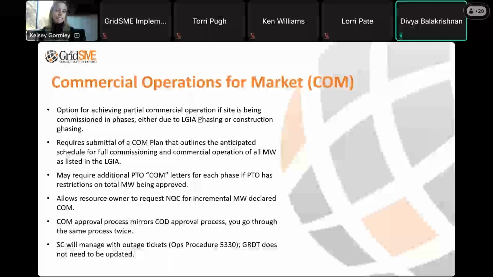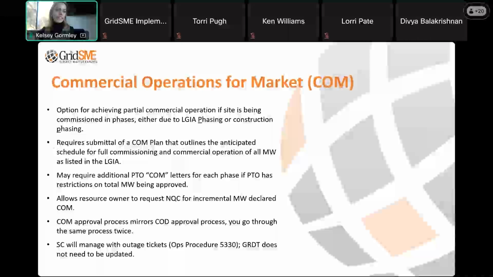And in your experience, does that happen as I imagine if the project is already in pre-planned phases, then the original schedule accounts for that. But are there ad hoc changes, is that what you mean when you say informal? Right. So it happens if those phases are not formally planned for and accounted for in your construction schedule, and it's a consequence of, say you've got equipment delays, or you are being curtailed more than you imagined, and so you're only able to commission a percentage of the project at a time.